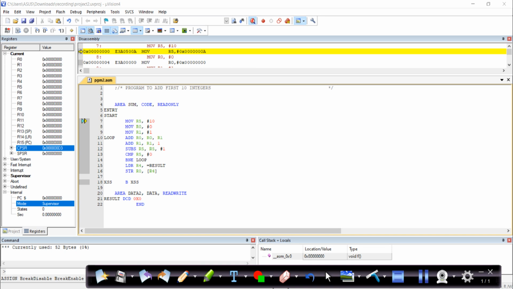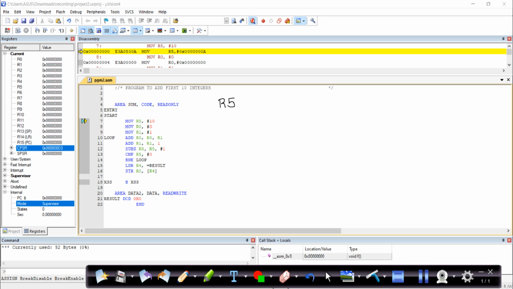Let's go step by step and do our tracing there itself. The very first register which I have taken is R5. Then I have R0, R1, and R4.